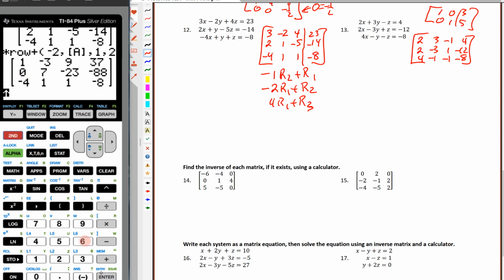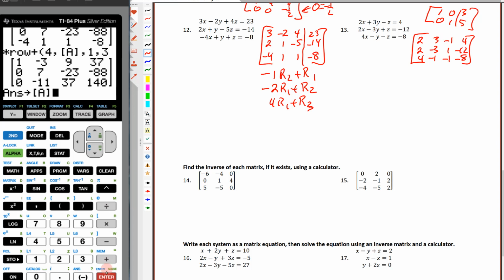So I'm going to hit second enter, store that. So now I'm on this one, and I'll recall the times row add command. So let's see what we end up with here. This is going to be a 4, and I get to delete this one. And I'm multiplying row 1 and I'm adding it to row 3 because I want to turn that into a 0. So I hit enter. Looks like it did what we want. So I'm going to hit second enter, second enter, recall the store command,